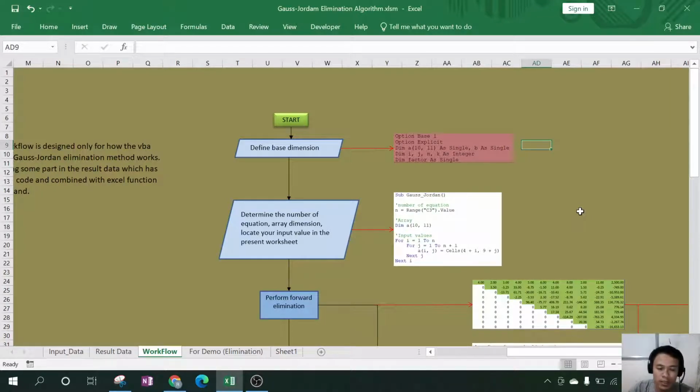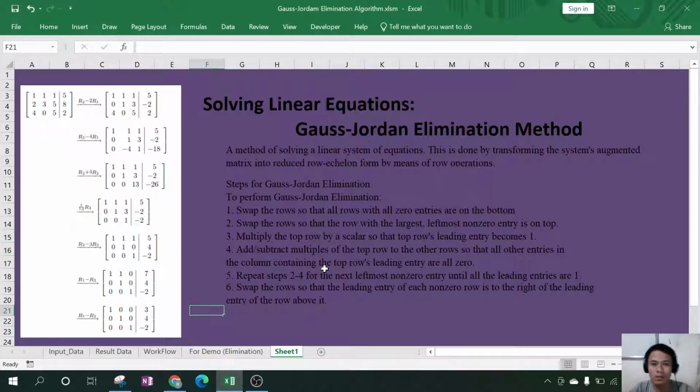Our discussion for today is on how to make a program for solving linear equations using the Gauss-Jordan elimination method. This is just an overview of what the Gauss-Jordan elimination method is. It is a method of solving a system of linear equations. This is done by transforming the system's augmented matrix into reduced row echelon form